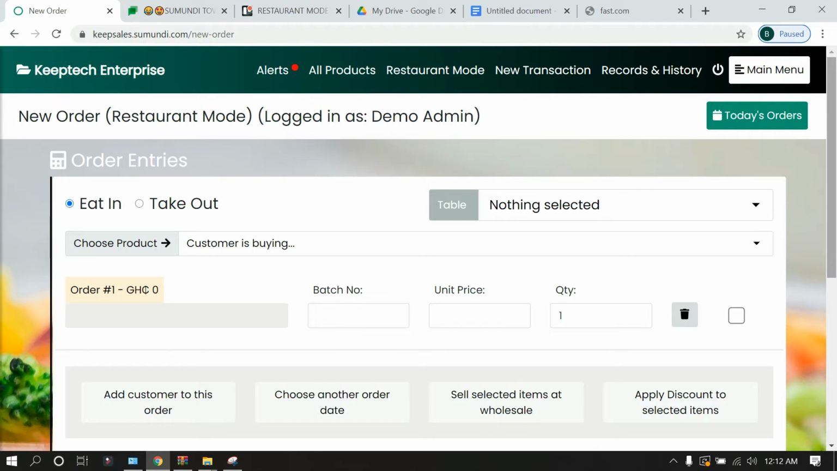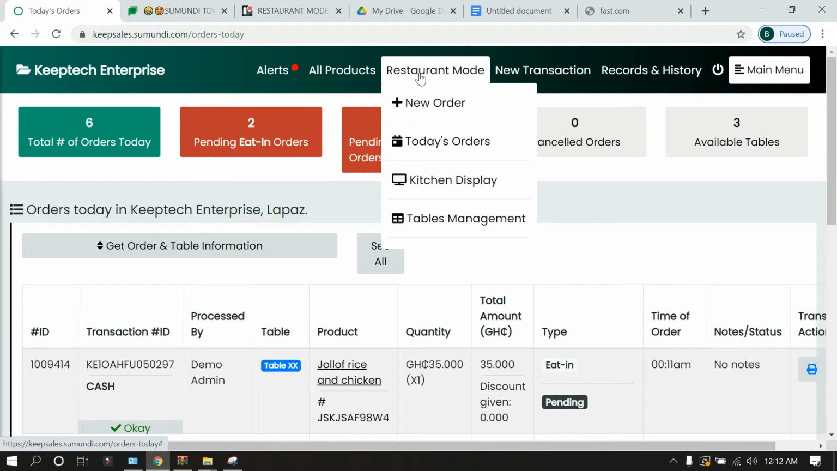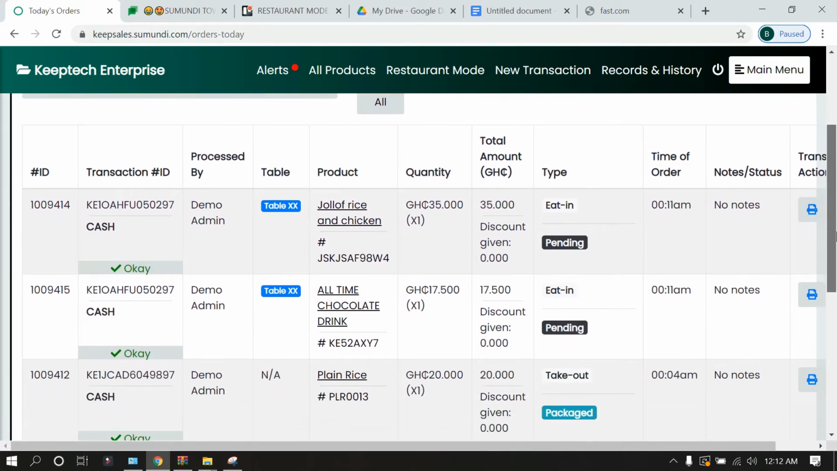So let's say the client gets their order, they are eating, and they are done. When the client is done and now they have to make payment, you click on today's orders, which is at the top right, or you can come to restaurant mode and then click today's orders. When you click today's orders, you are able to see the total orders of today, and then the ones which are pending. So we see the pending eat-in orders, which are the ones we are talking about right now. When you look at the table, we are able to see that for table XX, these are the things that table XX